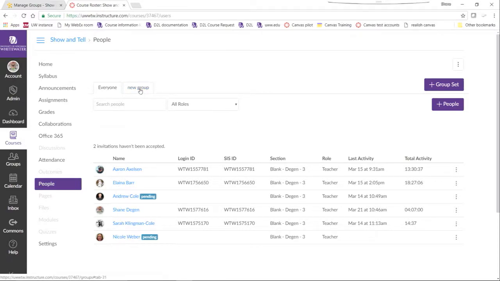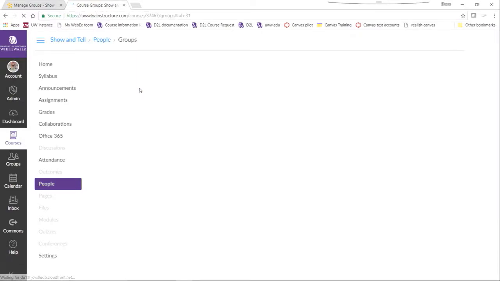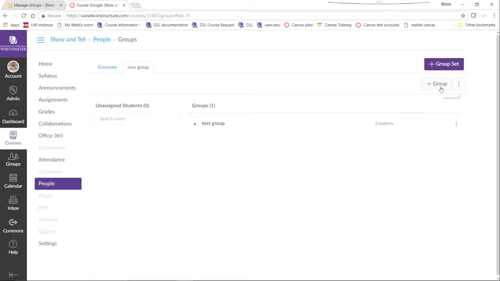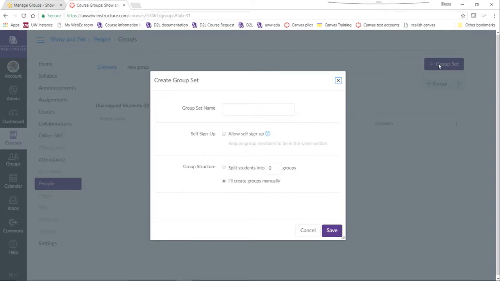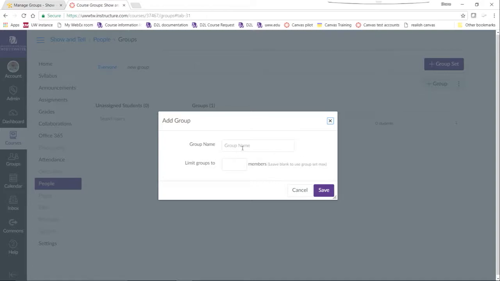In Canvas, we just go to the new groups tab. If we'd like to make a series of groups, we can do that with group set, or just one group. We can do that as well.